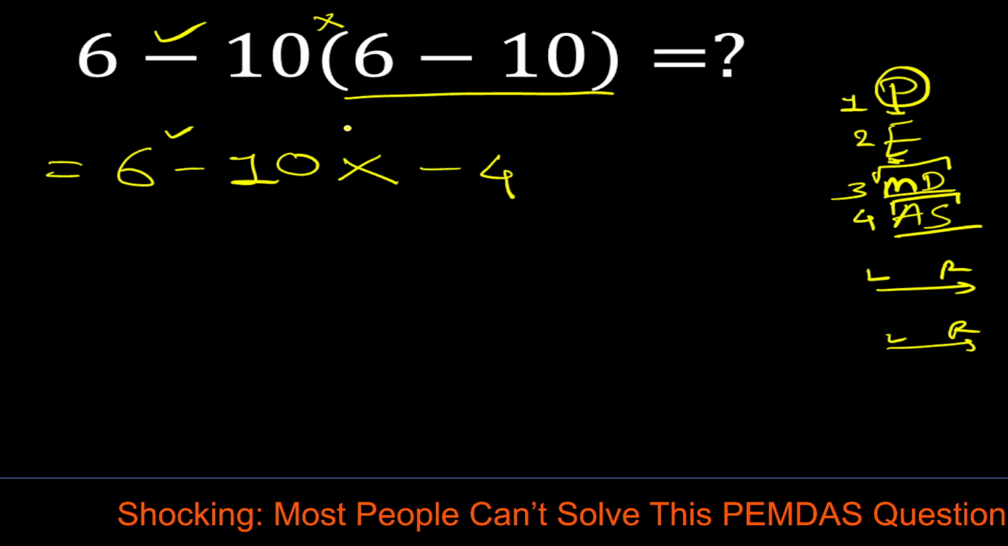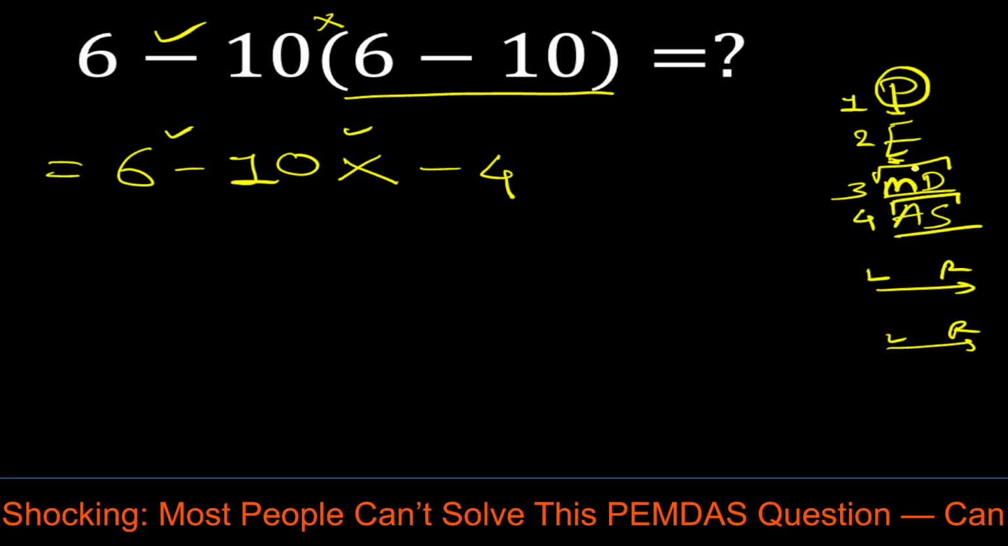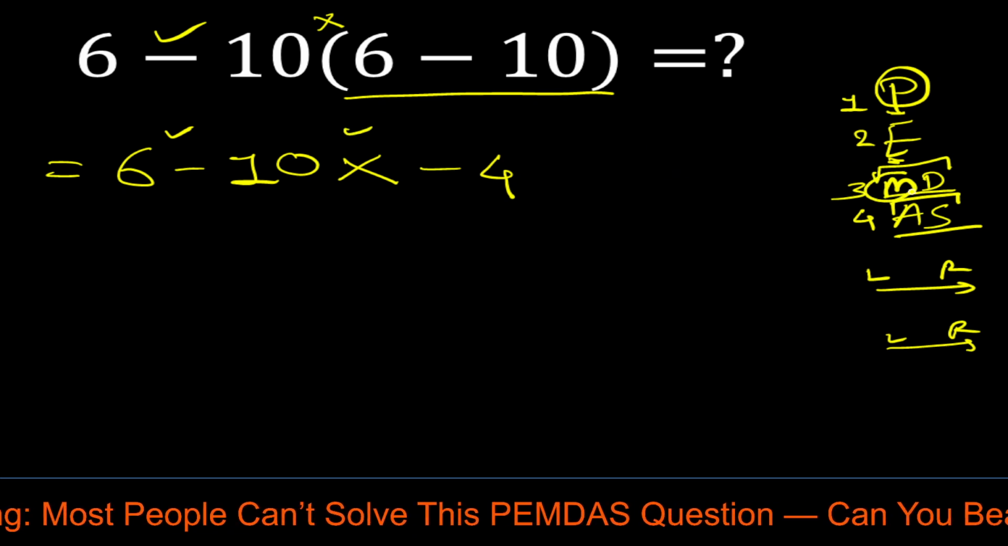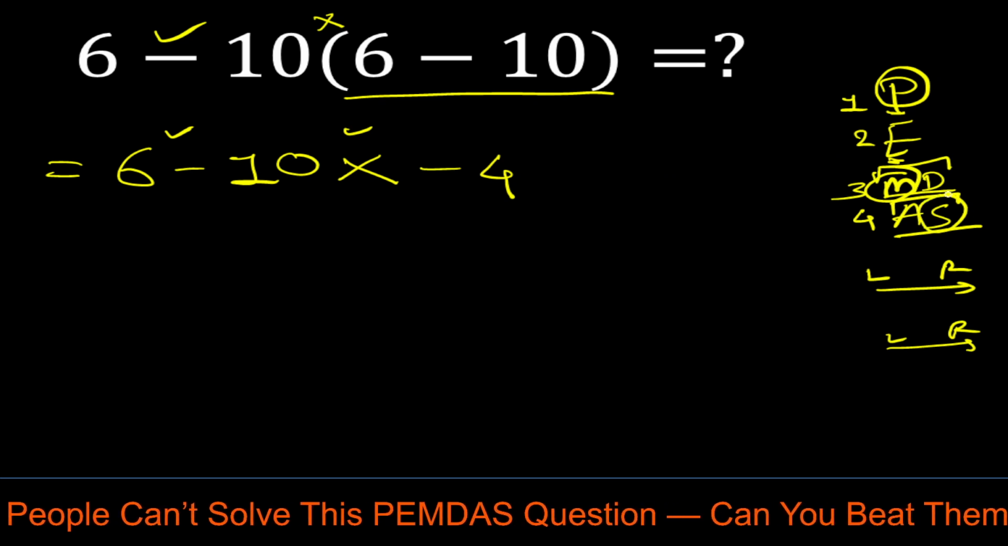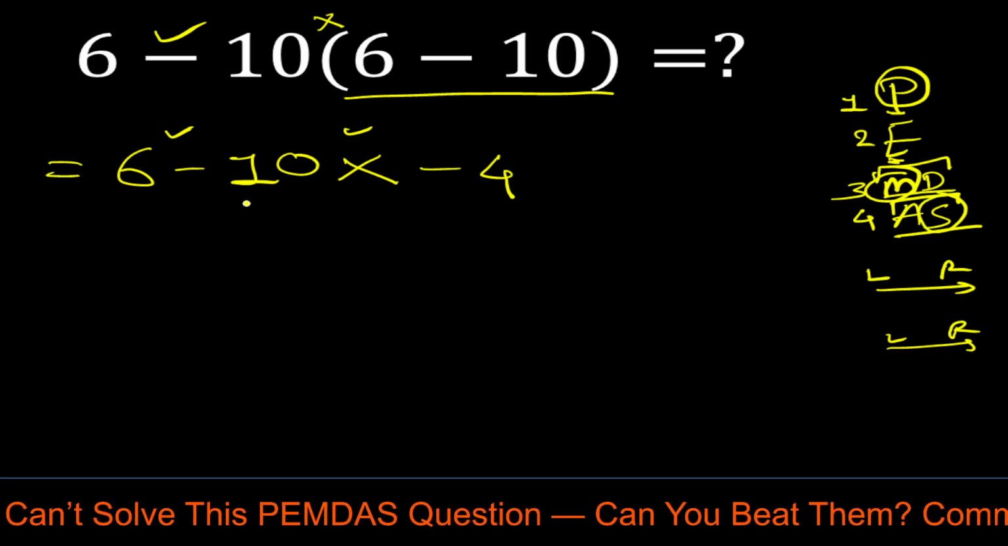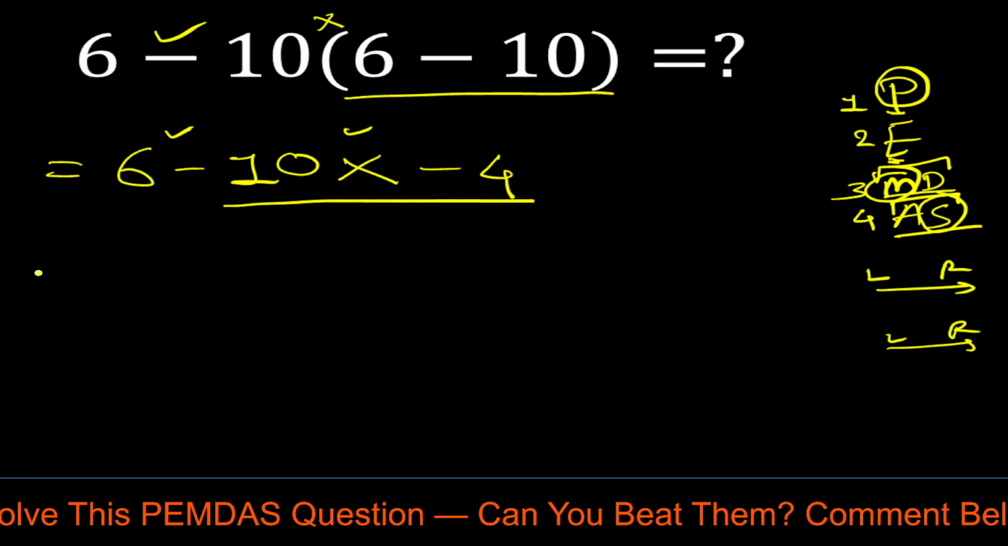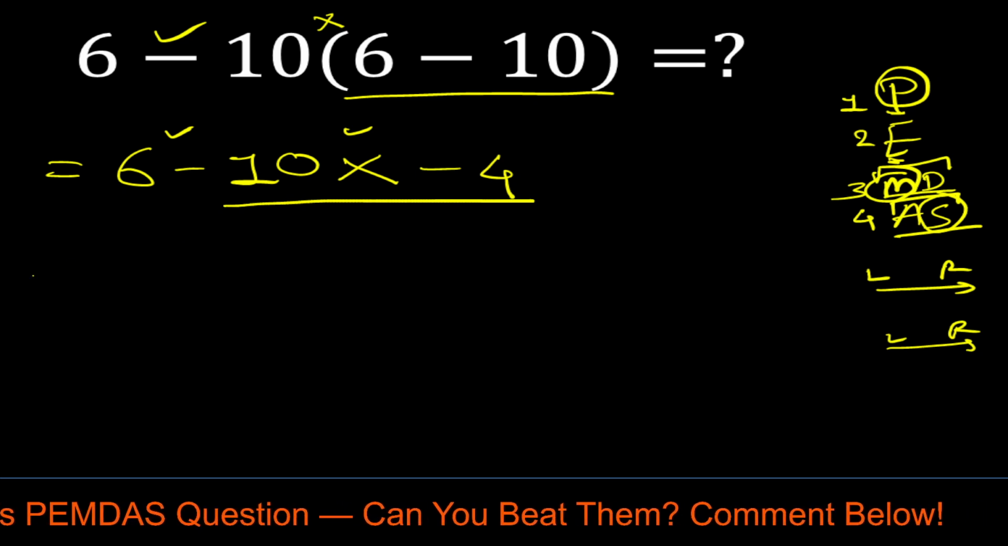Now here we have subtraction and here multiplication. So according to PEMDAS rule, first we have to solve multiplication. Then we have to solve subtraction, right? So first we have to solve this multiplication. So now